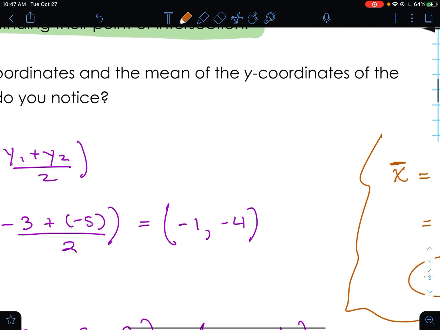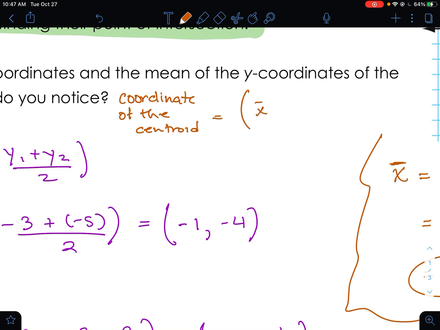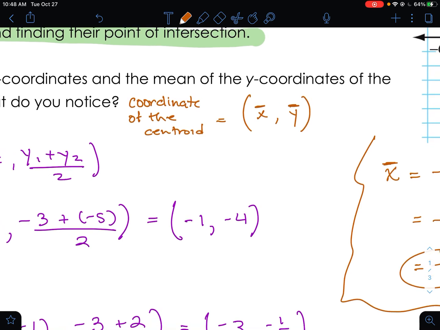So what do you notice? We notice that the coordinate of the centroid is equal to the average of our x values and the average of our y values. So by finding the average of the x coordinates and the average of the y coordinates, you then find the